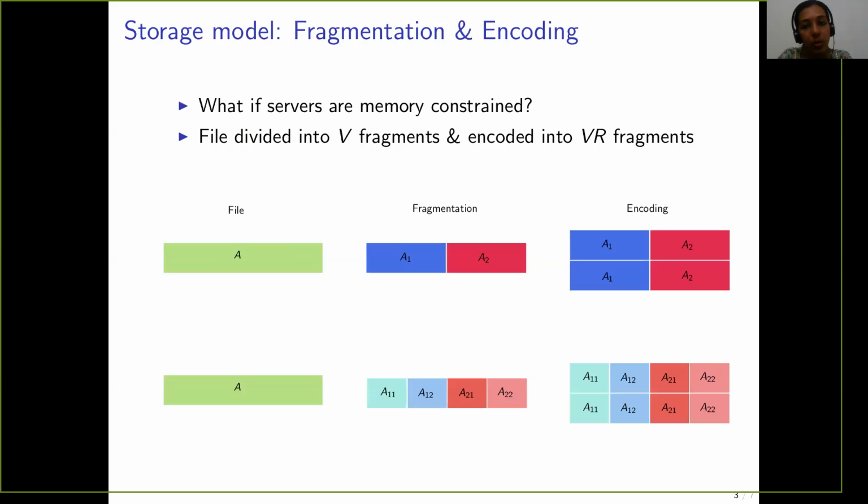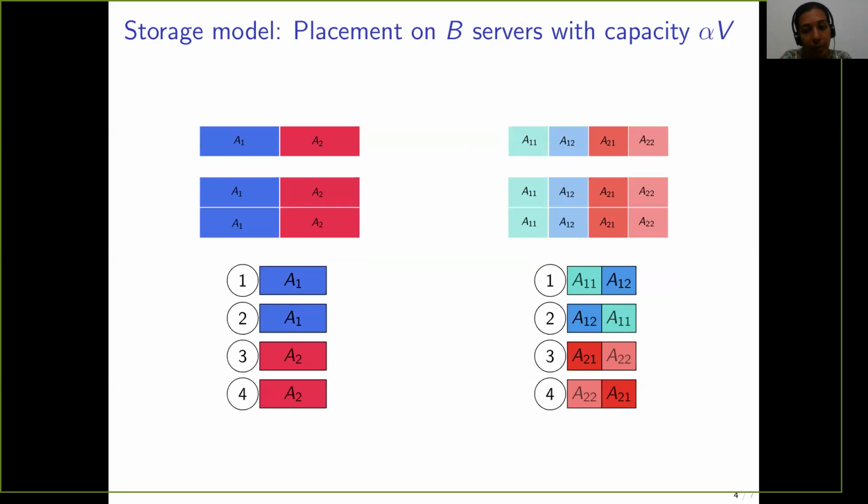We consider a setting where each server has a memory constraint and can store only a fraction of the file. Then we fragment the file into, say, V pieces, and then we replicate them at a rate R so that we have VR encoded fragments. Now, these encoded fragments will be placed over a system of B servers, each having the capacity to store alpha fraction of the file. So here we consider some examples where the file is divided into 2 and 4 fragments and they're replicated and stored over a system of 4 servers, each having the capacity to store half the fraction